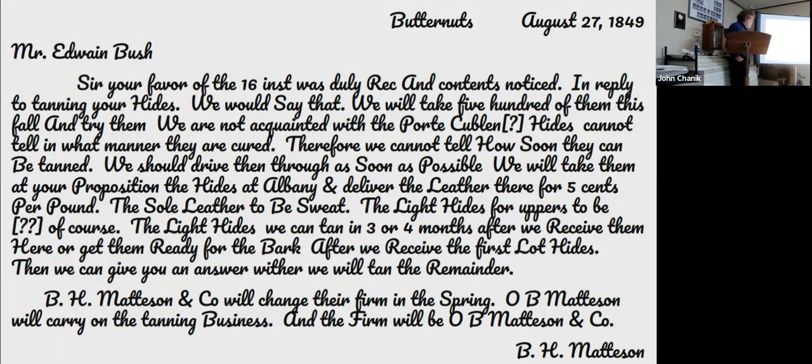But they're buying hides and they're going to start tanning. Tanning is an involved process. Besides just being smelly and ugly, it takes a long time. At the time these people are doing it, they just kind of cut the process down to a year, he says, from about a 3-year process, because you